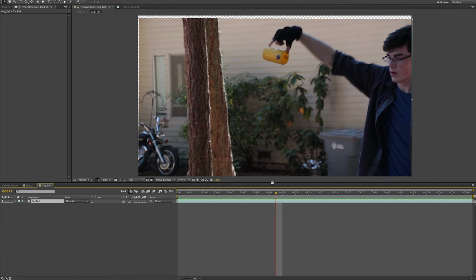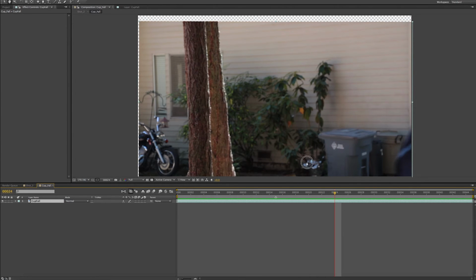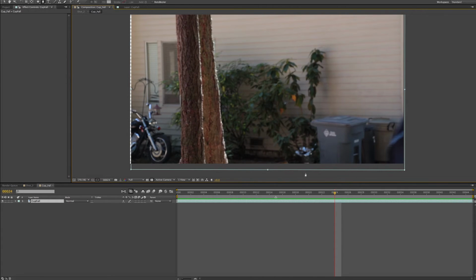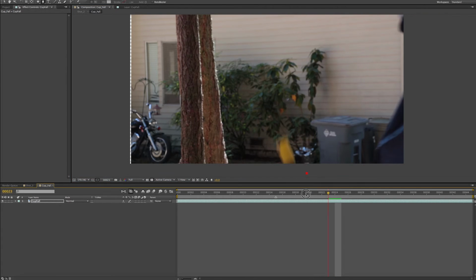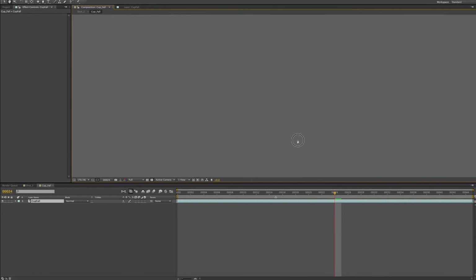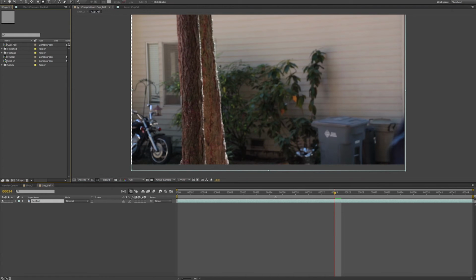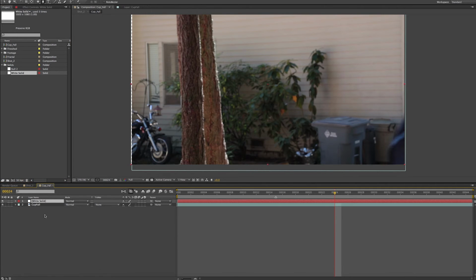So let's go to our frame that we're going to be using to start, and let's make a rough mask around the area that this cup falls. So it kind of goes diagonally, so we're going to need to start the mask like here. And if we go back, oh wait, sorry, excuse me. Don't put the mask on this layer, because it's going to move with the track, and that's not what we want. So again, I'm going to grab my white solid and put it here,